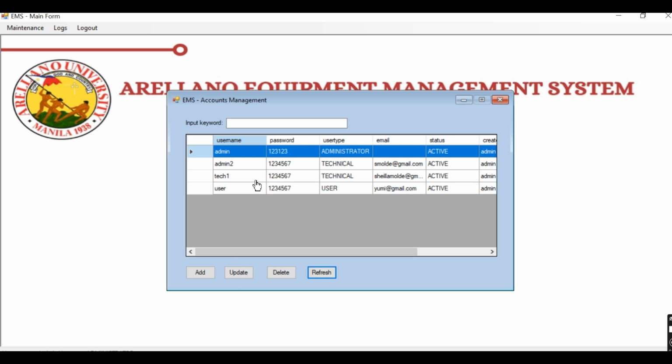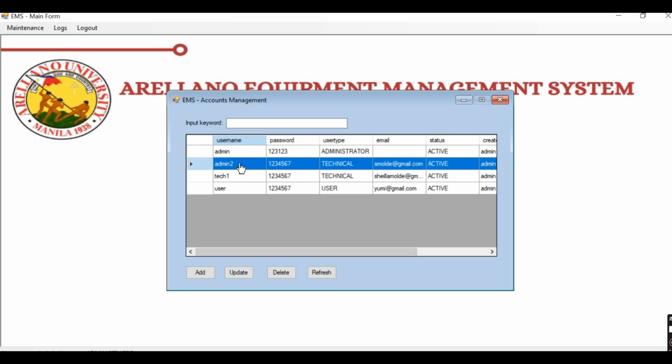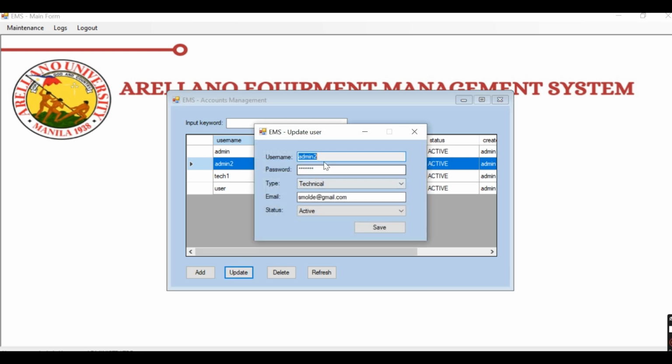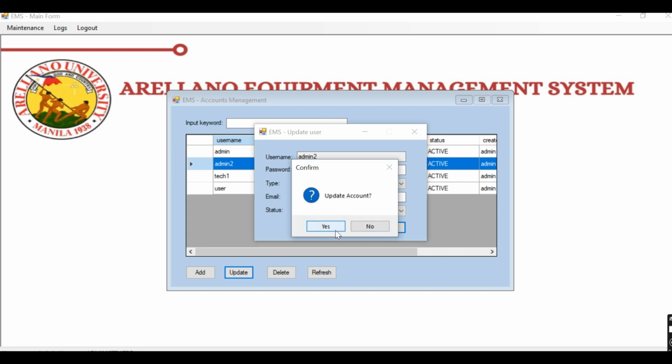Now we will be updating the one that we added. We want to update that one, for example, to make it a user only. Or we can make it inactive, and then just click save. Then it asks, are you really updating the account? Of course, yes.